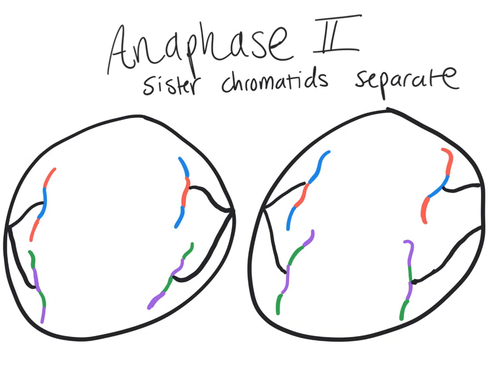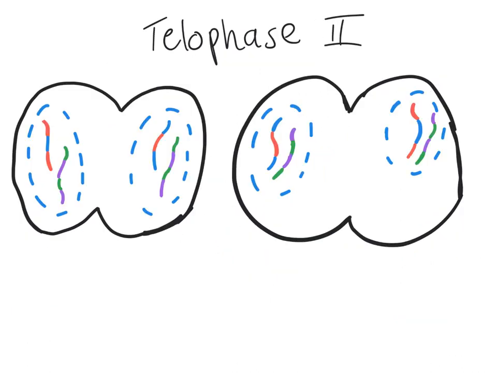And again, we have two cells because we made two cells already in meiosis 1. And you can see now one chromosome per pair. So remember, these two were just connected as sister chromatids. So now one chromosome per sister chromatid is going to head towards one end of the cell or the other. So you can see that now all we have are these single chromosomes, and they're all kind of different. Telophase 2, cleavage furrow forms, cells getting ready for division for real. Nucleus is starting to reform. Not really a lot to note about telophase 2.